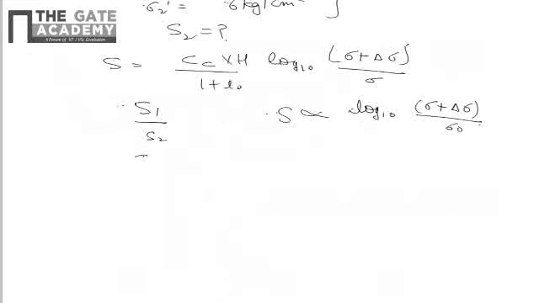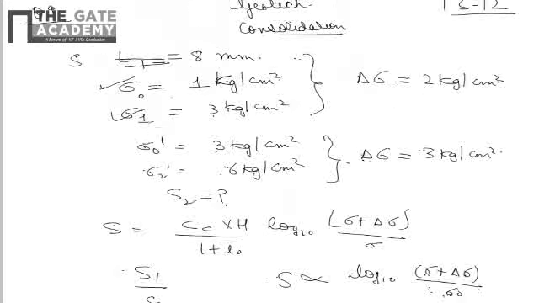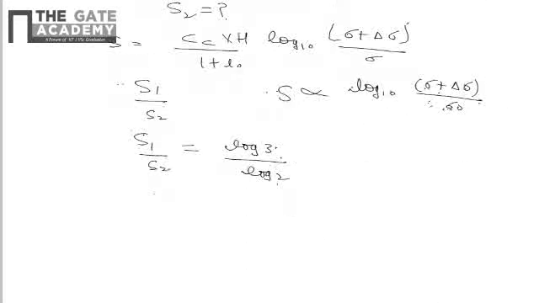So we can write that S1 upon S2 will be the ratio of log 3 is to log 2, after substituting the values of sigma plus delta sigma and sigma naught. In the first case, it comes out to be 3 over 1, which is 3, and in the second case it comes out to be 6 plus 3, which is 9, divided by 3, that is 3. So log 3 is to log 2. Hence